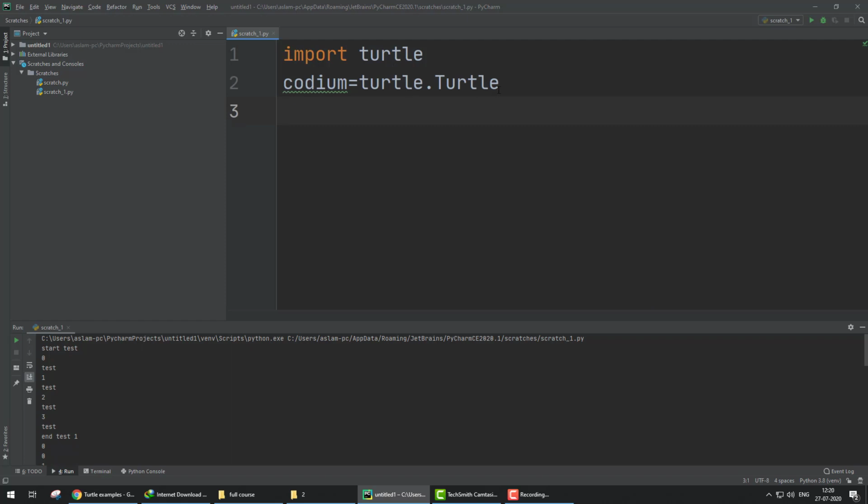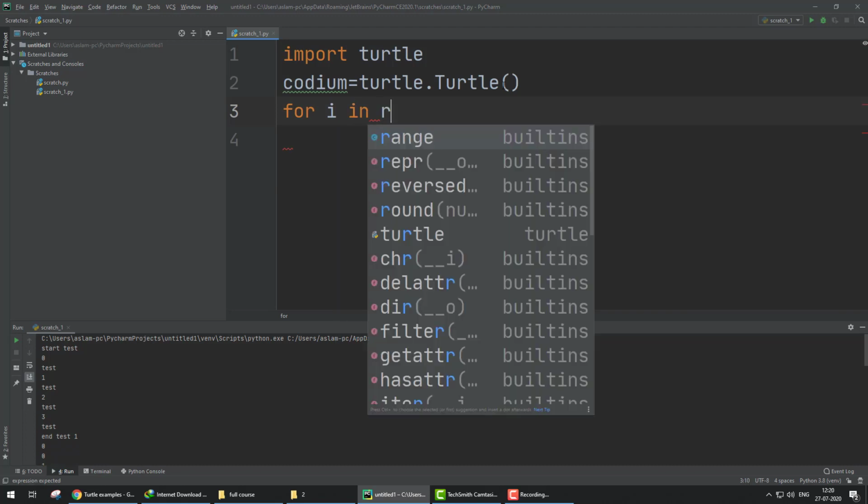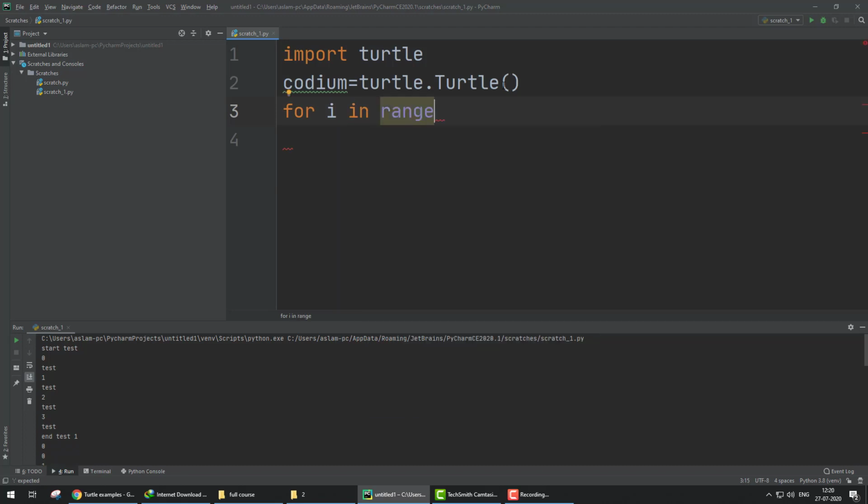After this we create a range for i. Without range you would have to write many lines. Range 13, so for i continues till 13 steps.